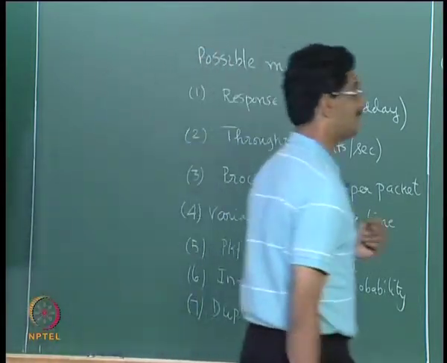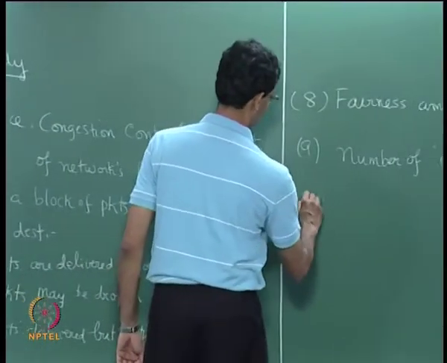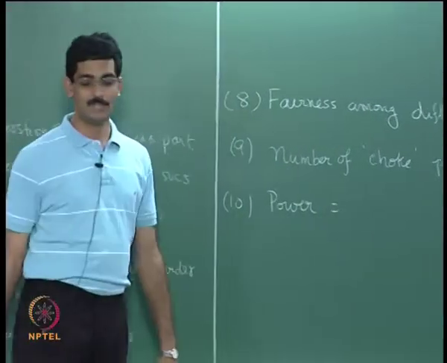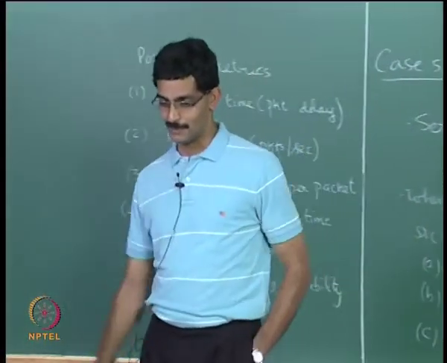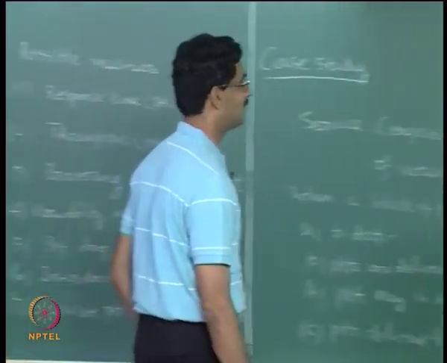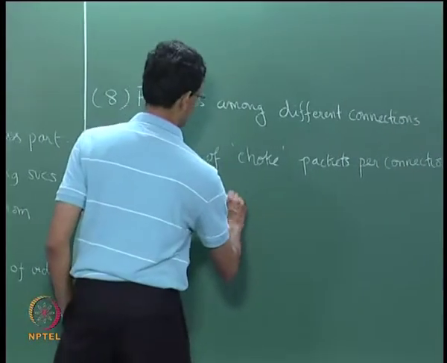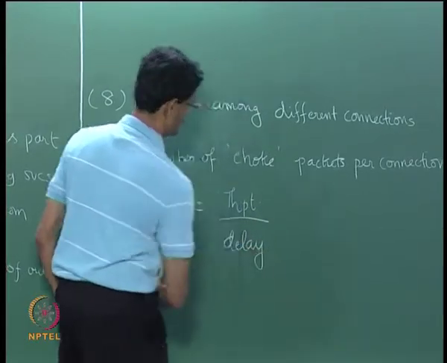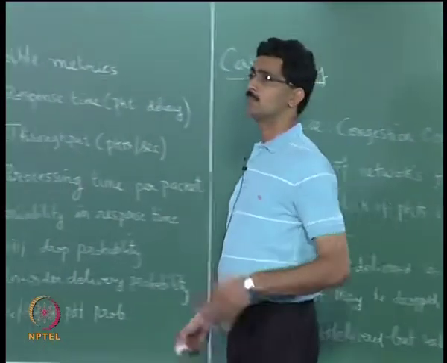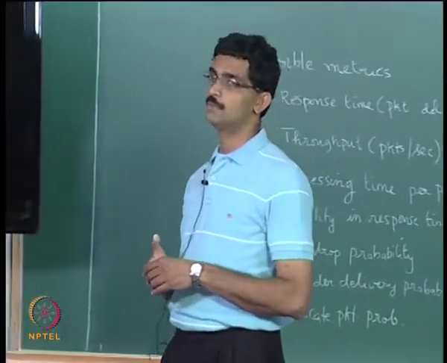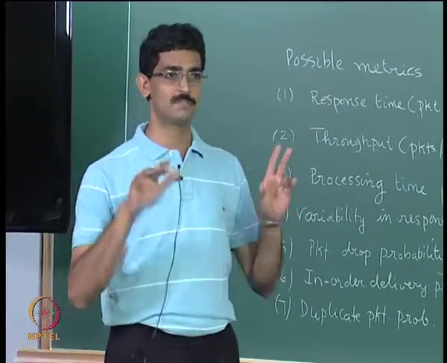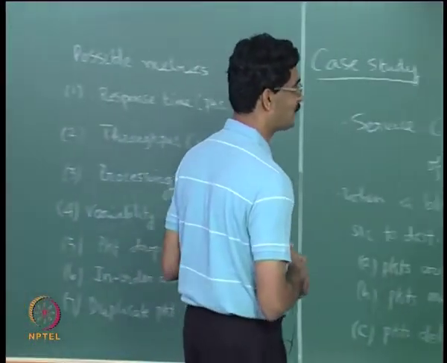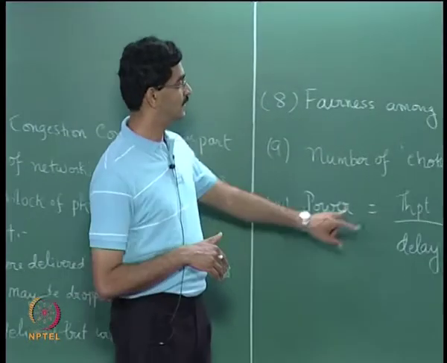So sometimes people have tried to come up with their own metrics, say power, which Raj Jain and company proposed as a unitary metric: the ratio of throughput to delay is sometimes also looked at as a different metric. You compare two different systems in terms of so-called power. Why do they call it power? Well, let's not look at it right now, but simply it's a ratio that compares the throughput of